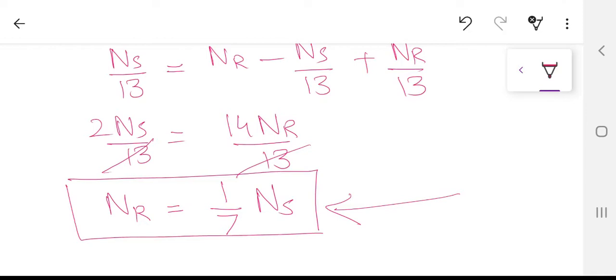And what is nr? nr is actually the rotor speed. So when the machine speeds up from rest, it's going to have a crawling point, and at that point the speed is going to be ns by 7. A point can come where the machine is going to be locking together. That is actually the 13th harmonic of the stator MMF and the 13th harmonic of the rotor MMF. They both are going to be locked together, and at this point you are going to have the synchronous harmonic torques.